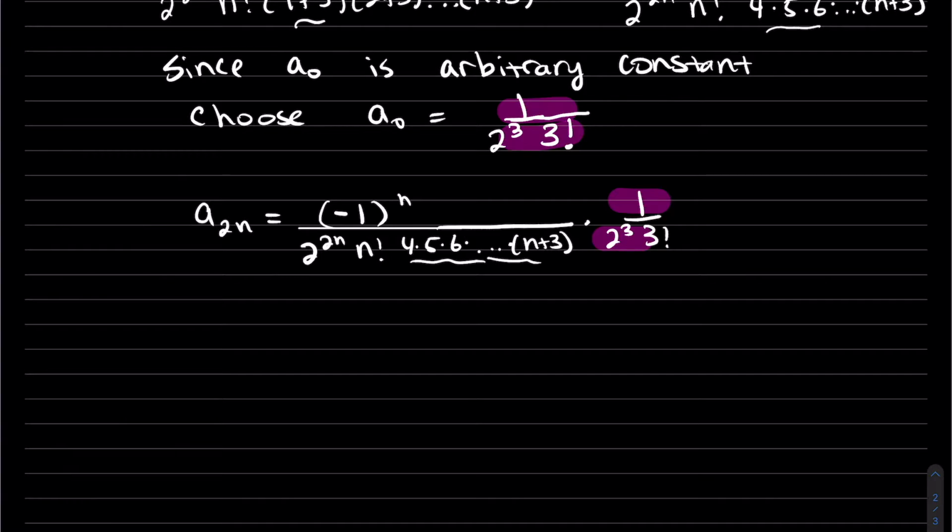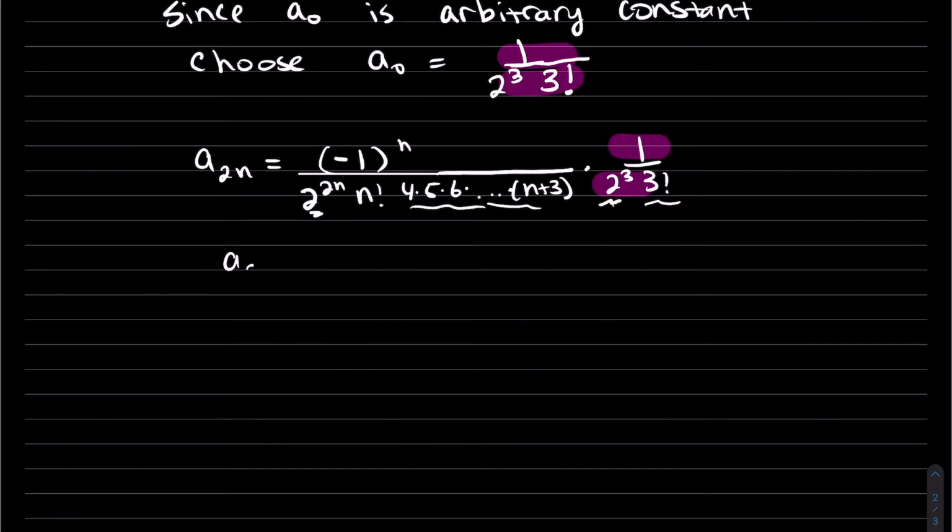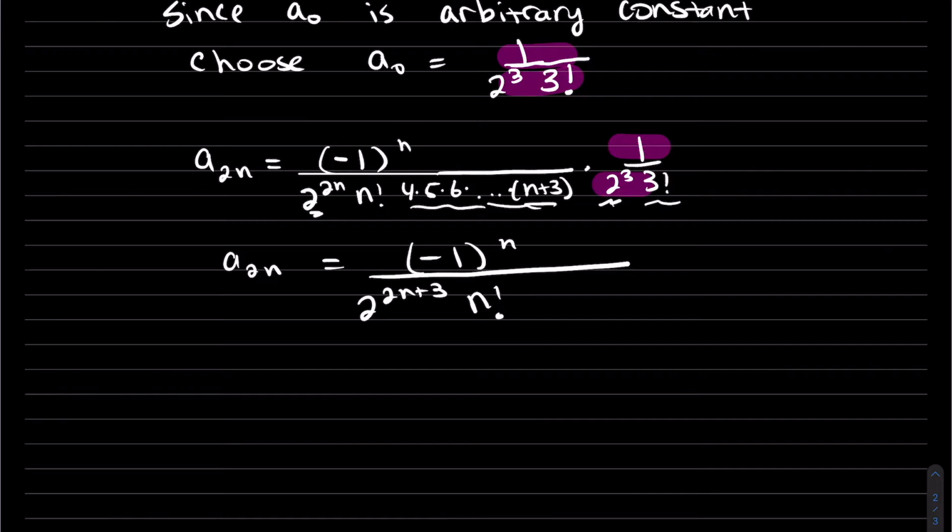This becomes n plus 3 factorial. And this and this. We get 2 to the 2n plus 3. And the n factorial is still there. And then we have an n plus 3 factorial. Those two. So our solution becomes